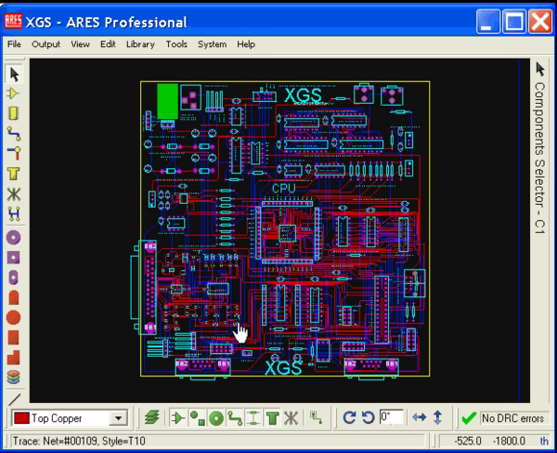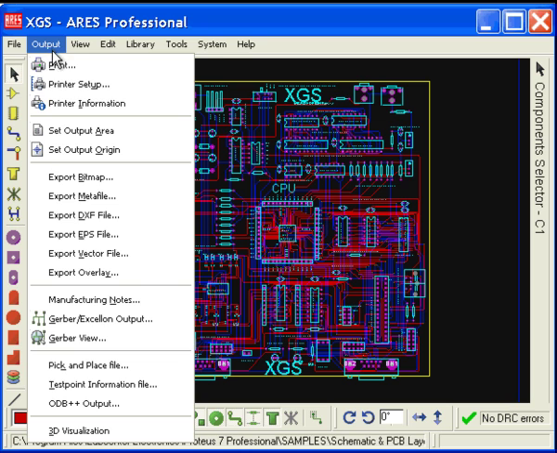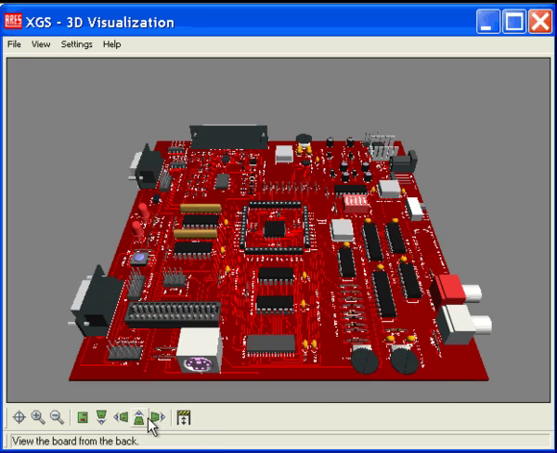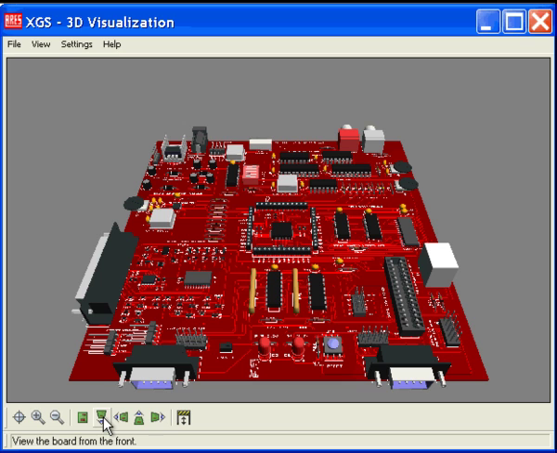In this demo, we'll look at our 3D viewer. Once the layout of the PCB is complete, you can launch the 3D visualization engine from the Output menu to generate a physical preview of the board. Several preset camera angles are available via the buttons at the bottom of the viewer, allowing you to quickly rotate